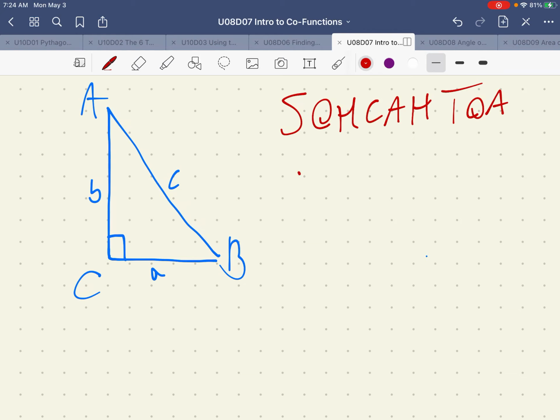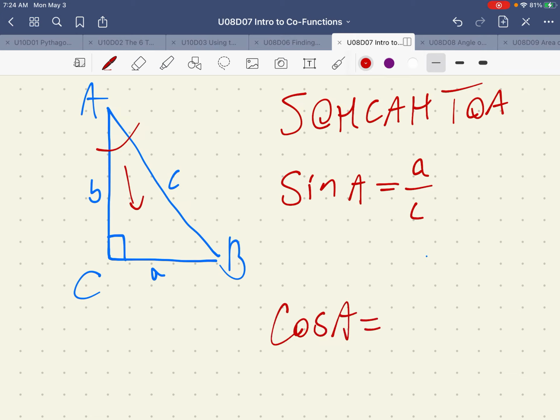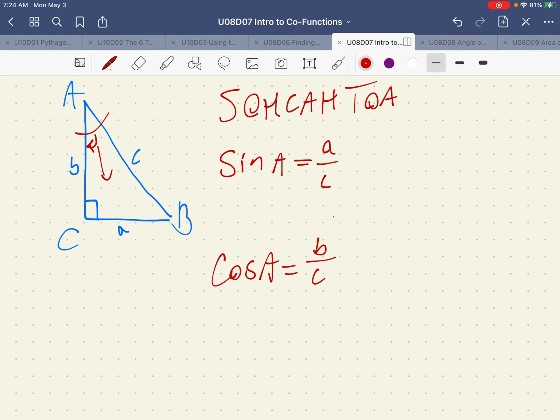And the three basic trig functions are sine of an angle, which is equal to the opposite, in this case A, because it is across from angle A, over the hypotenuse, which is C. The cosine of an angle, which is equal to the adjacent, or B in this case, over C, the adjacent side over the hypotenuse, and